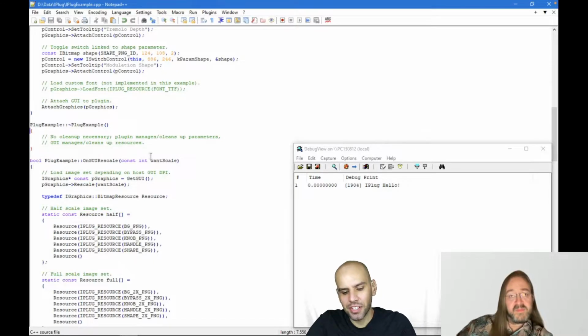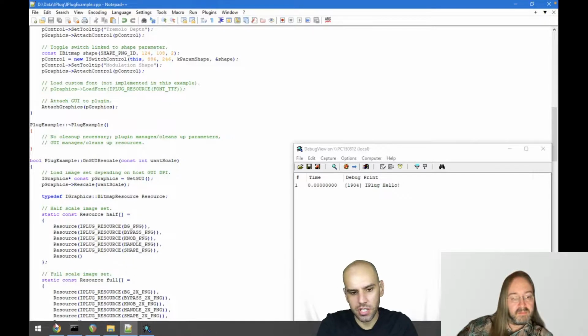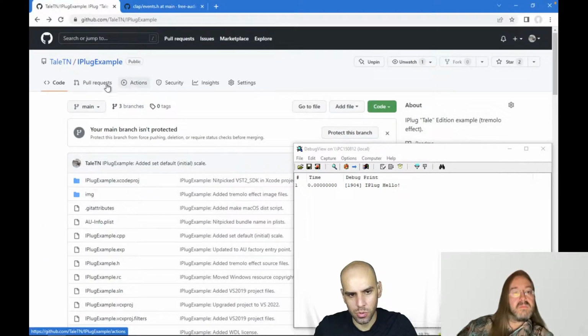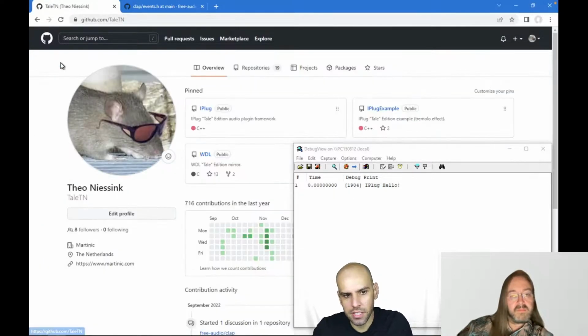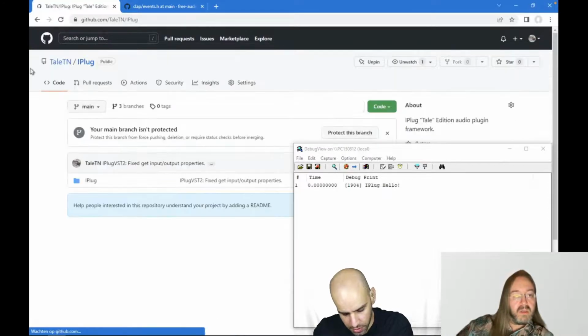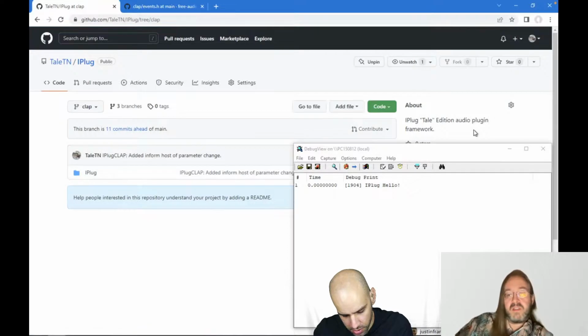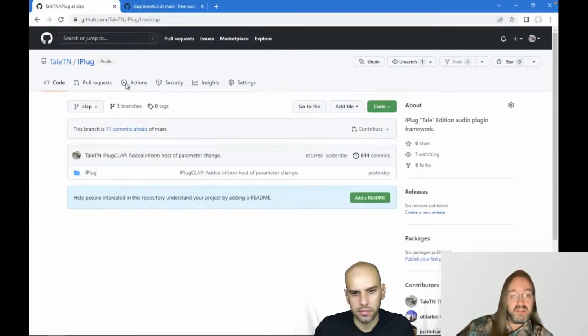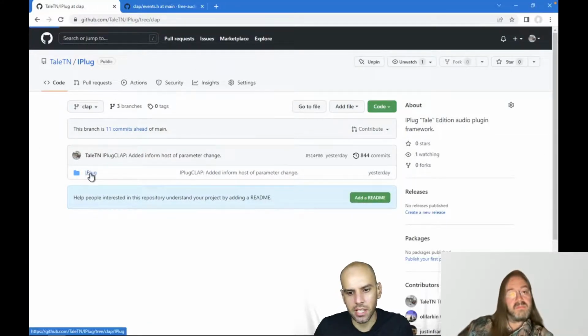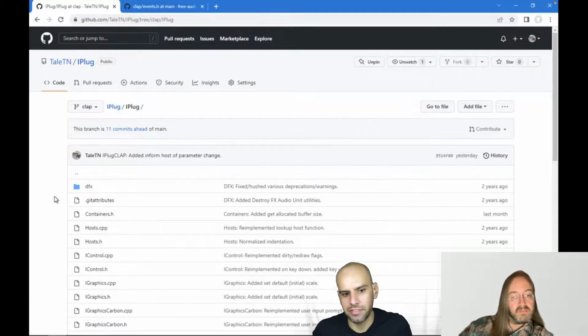Anyway, let's see some of the code for the LICE and SWELL things, because I'm interested in seeing some Win32 API. I don't think I have seen that. No, you haven't, because that's in a separate iPlug file. And of course, that code is all the same for VST2 and CLAP. So no, what I'm saying is I don't think I have seen that in my life.